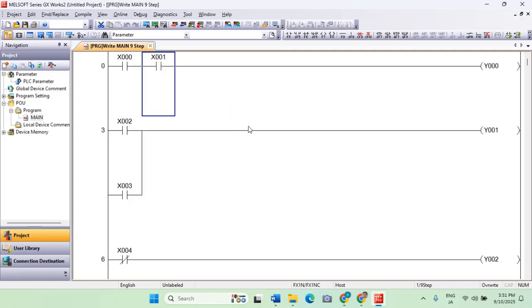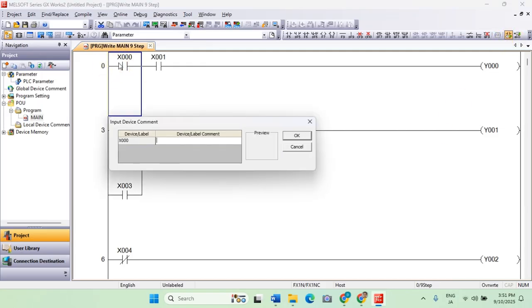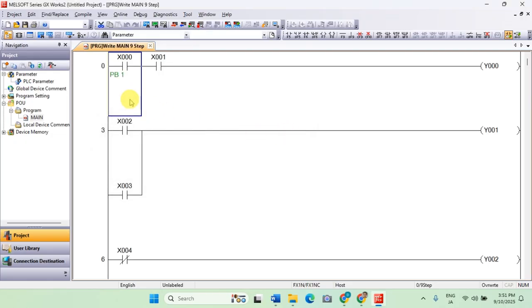There are many ways to add a comment. First, you can click on this device comment. When you click that, it will be highlighted, and then when you double click on the X0, you can input your comment. So let's say this is push button 1 or PB1. Okay, you notice that the device comment appeared below the input, our normally open contact for X0.